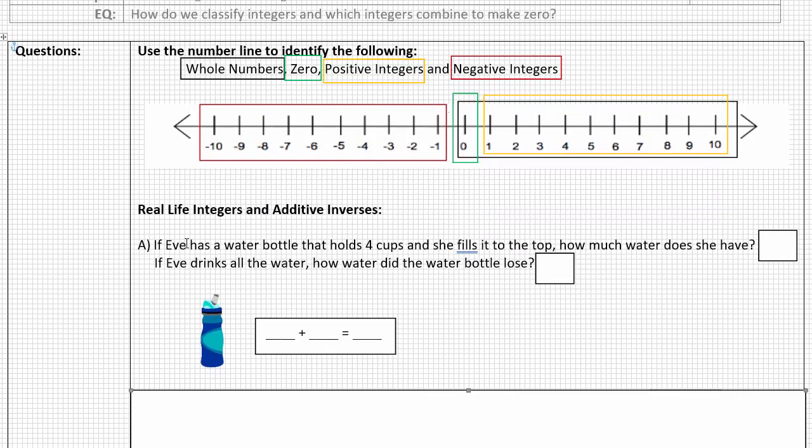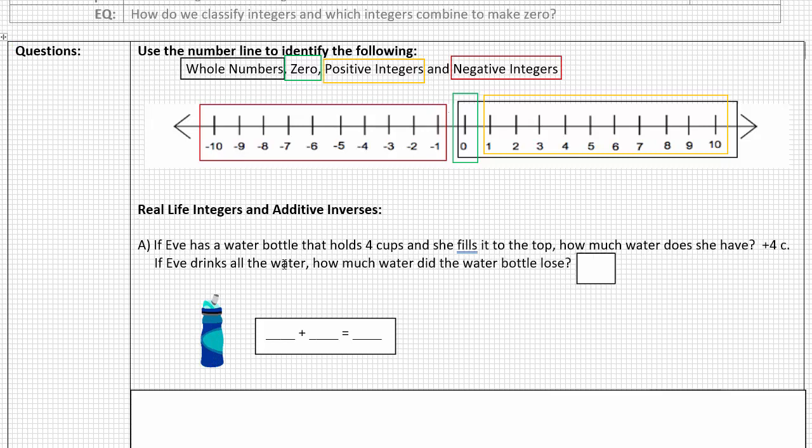So in our first example, we're going to do 3 of them. Eve has a water bottle that holds 4 cups, and she fills it to the top. How much water does she have? So I'm not trying to answer any kind of trick question here, just trying to get us to use integers. So if this water bottle holds 4 cups and she fills it to the top, she would have,